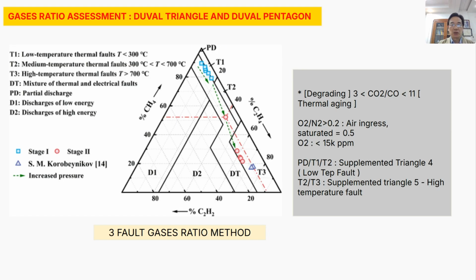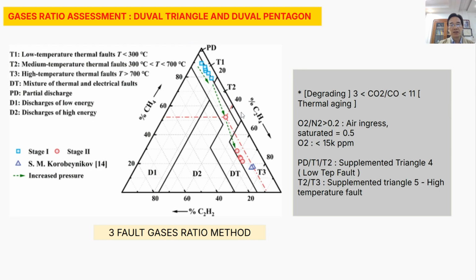We have two other triangles supplemented for this number one triangle. So for partial discharge at this zone, PD, T1, T2, and here we have another triangle number 4 to have